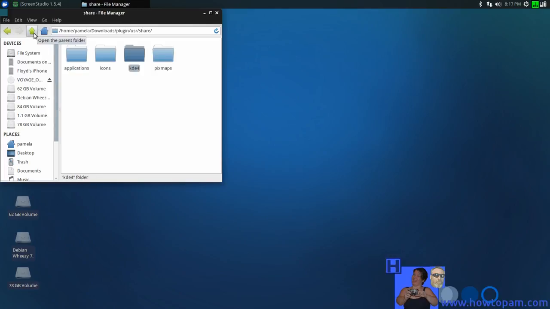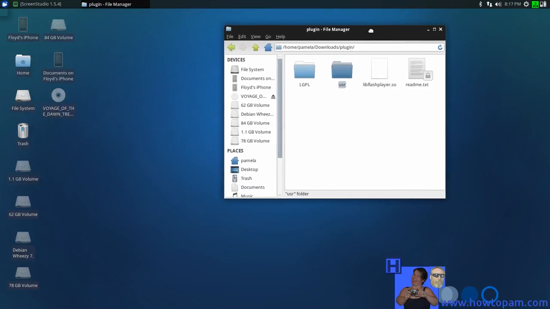So what we'll do is we'll do it all through the terminal. With a couple of short commands in the terminal, we can actually unzip all of these files that are in this USR folder into their right location. So what we'll need to do,